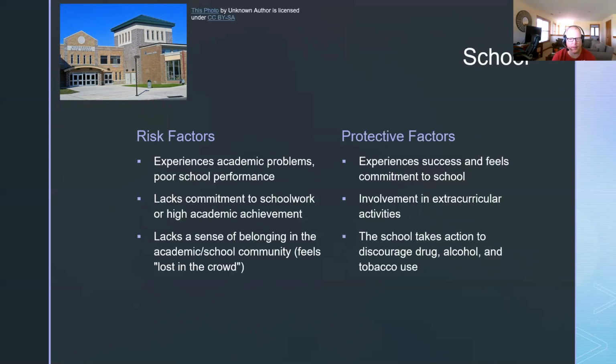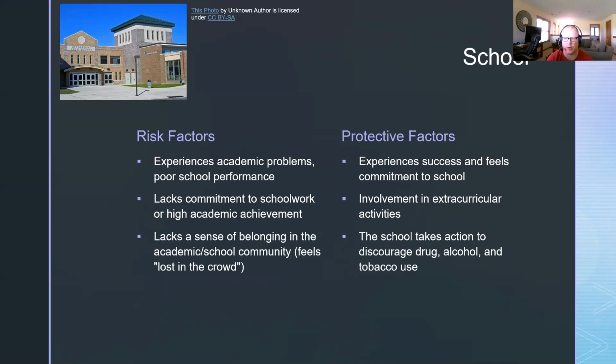Speaking to that a little bit, being a high school teacher for 26 years, I do know that many of my students that I've taught over the years that are connected to their school in terms of clubs, athletics, theater, whatever it may be, the connectedness to a school, I tend to see those students, it's a little easier to steer away from drugs and alcohol. Not that it doesn't happen, but I just think being that connectedness, you have a team or a group of people who are pulling for you, especially if it's a positive group.